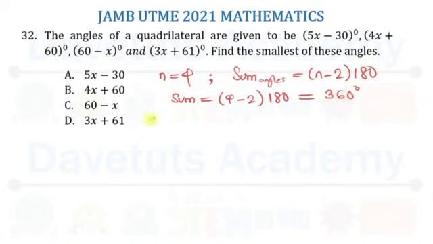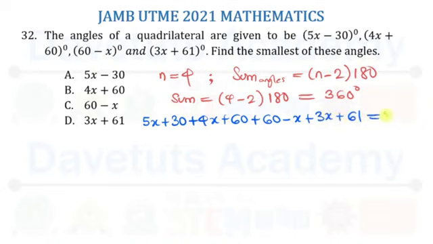So if you are to add all of those, we are going to have 5x plus 30 plus 4x plus 60 plus 60 minus x plus 3x plus 61 is equal to 360, which is the sum of all of those angles. So you just want to take it, 5x and 4x is 9x, 9x minus x is 8x, 8x